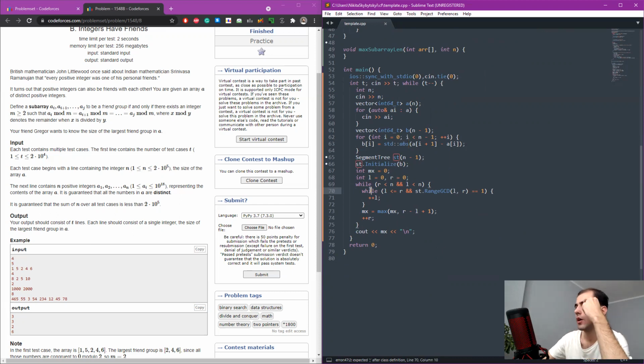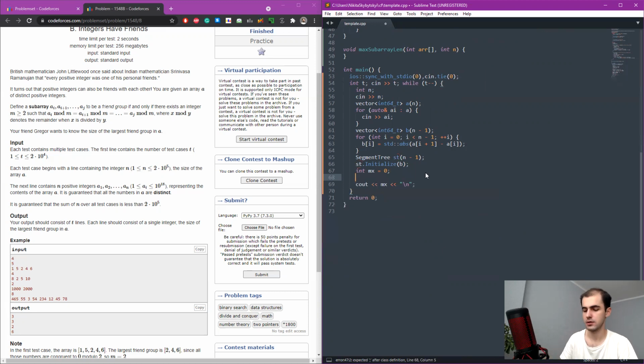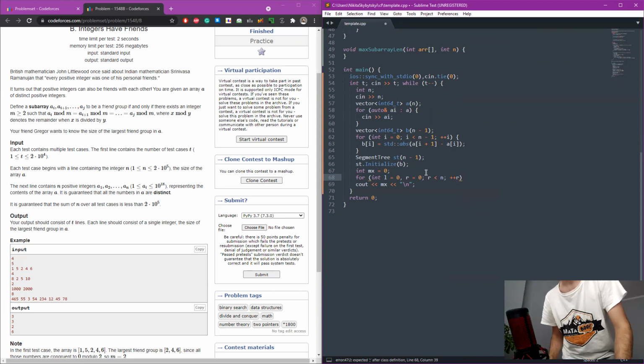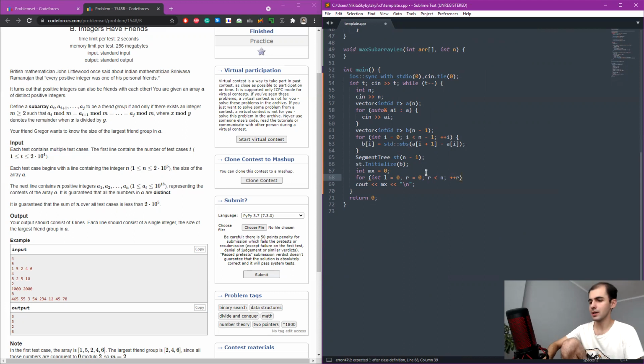Now, normally, I would write it differently, okay? I want to say that I have left that starts here. I want to say that I have right that starts here. I want to say that I loop while right is at most n. I always increment right by 1, and then